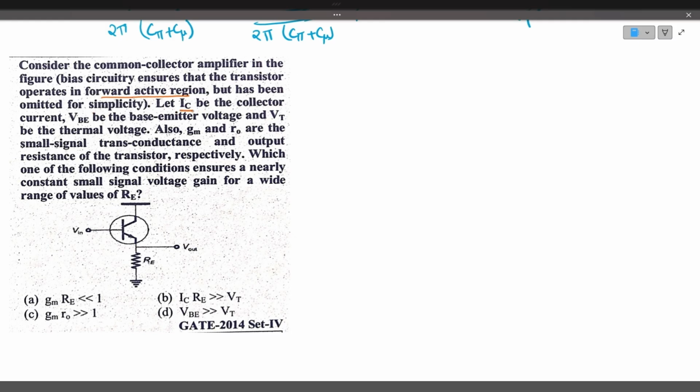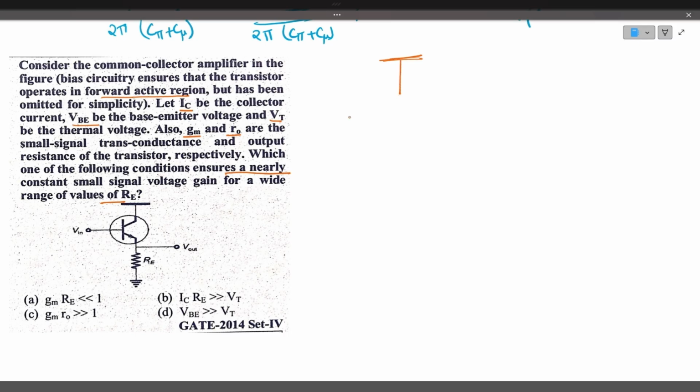Let collector current IC and VBE be the base emitter voltage, VT be the thermal voltage, and GM is the transconductance, R0 is the output impedance. Which one of the following conditions ensure a nearly constant small signal voltage gain for the wide range of RE, emitter resistance? If you observe carefully,